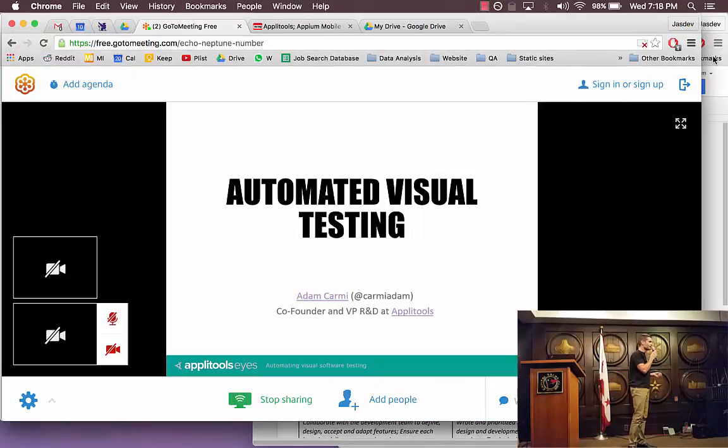As part of my job, I get to meet a lot of developers and testers, and I'm always curious to learn how they do visual testing. And the two common answers that I get is one, that they have no idea what visual testing is, and the second one is that they think I'm asking them whether or not